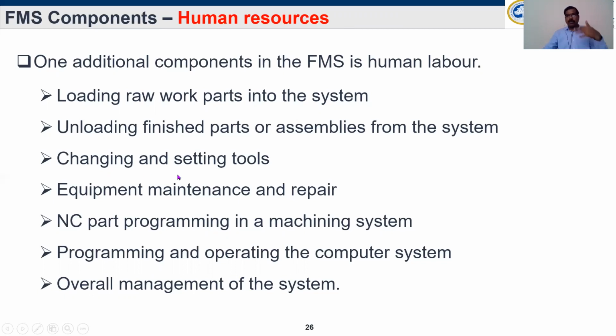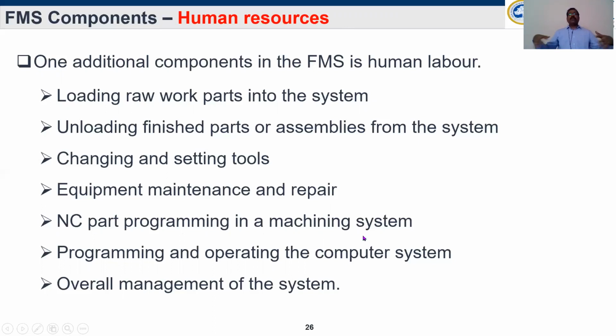Okay, check the tool. Diagnostic or monitoring is there by the computer control. Once the tool life is gone, or going to be gone, where the tool got worn or heat generated or failure or something, a manual operator can replace the tool. Okay, and equipment maintenance and repair are also possibly done by the human operator, and feeding the computer programming to the system is done by the operator only.